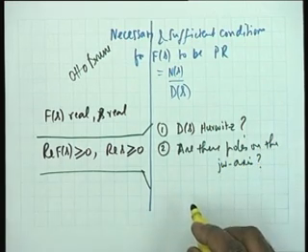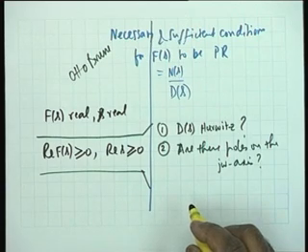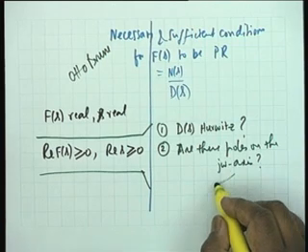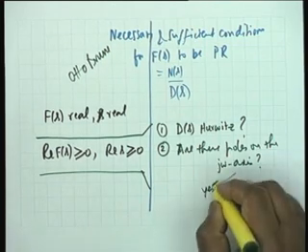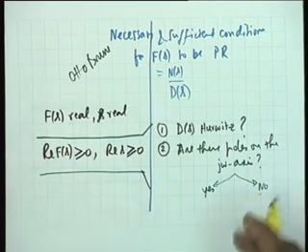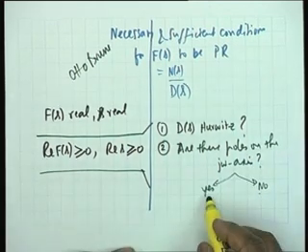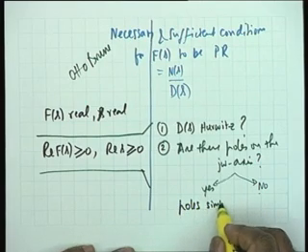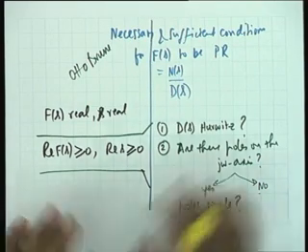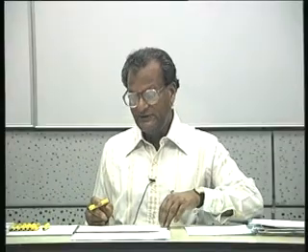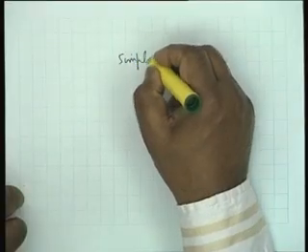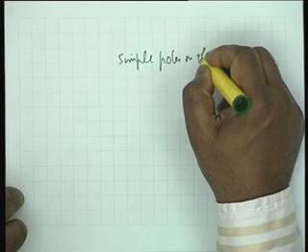Okay. If the answer is yes, then you will have to test whether these are simple or multiple. If the answer is no, then you go to the next step. If the answer is yes, then you ask, poles simple or multiple? If they are multiple, then your testing stops there, isn't it? Then the function cannot be pure. But if the poles are simple, simple poles on the j omega axis,